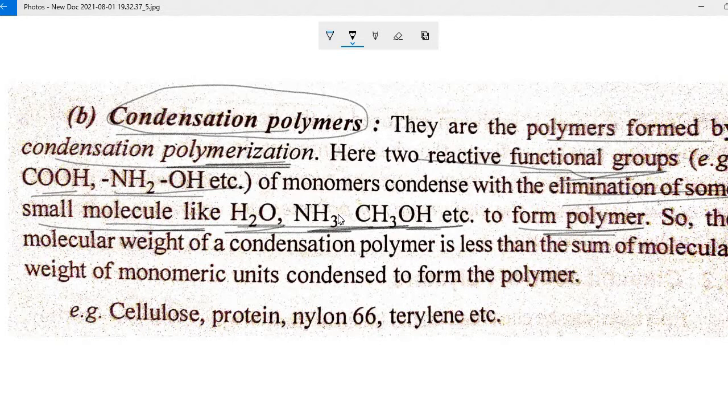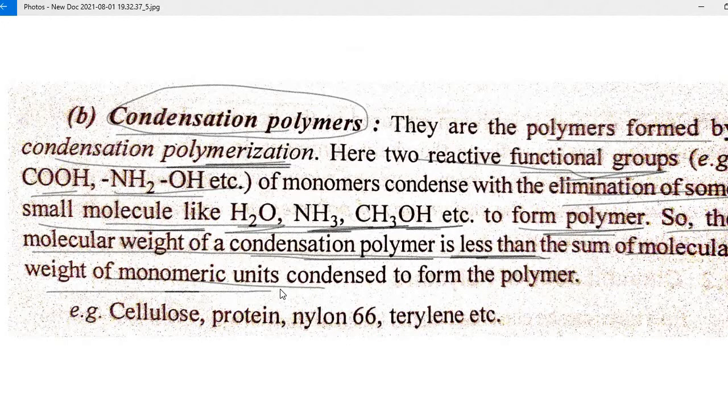This is known as condensation polymer. So the most important thing here: the molecular weight of a condensation polymer is less than the sum of the molecular weights of the monomeric units condensed to form the polymer. तर बघा, molecular weight of condensation polymer is less than the sum of the molecular weight of monomeric units condensed to form the polymer. तर बघा, ऍडिशन पॉलिमर मध्ये काय असतं की